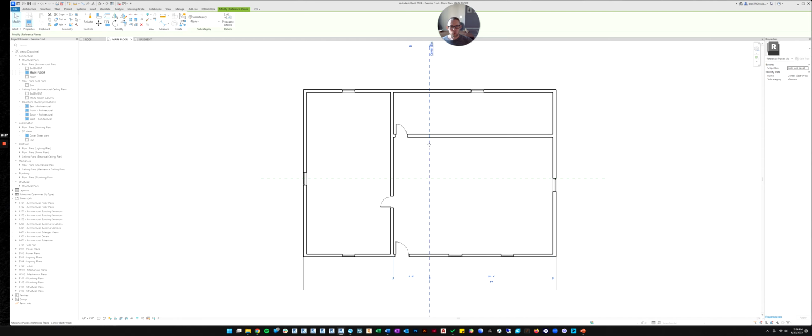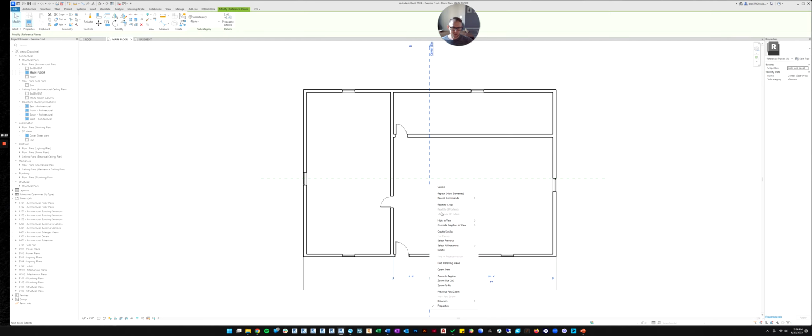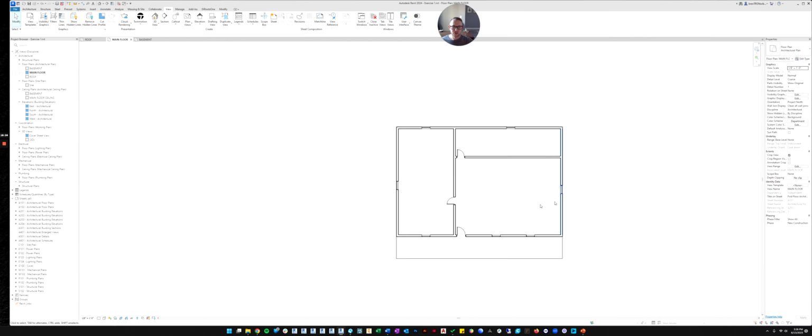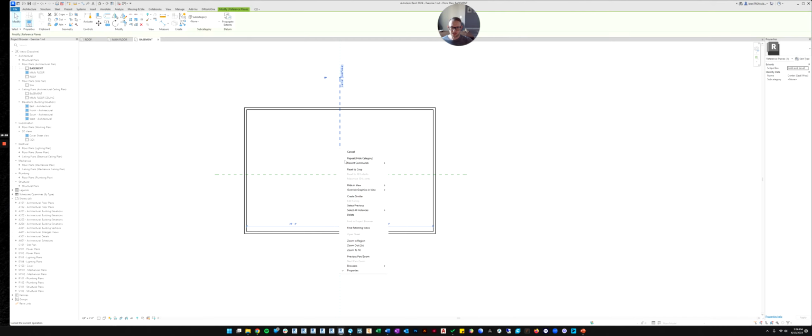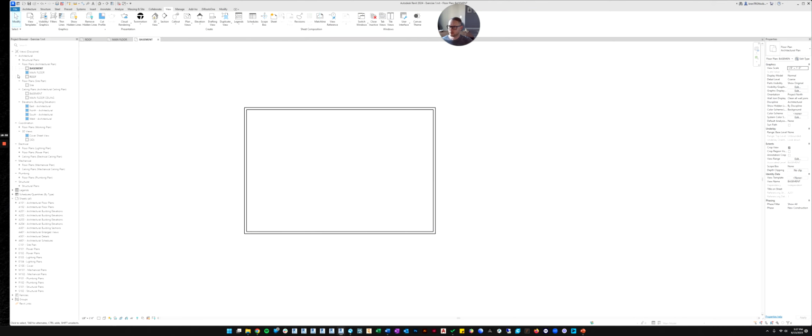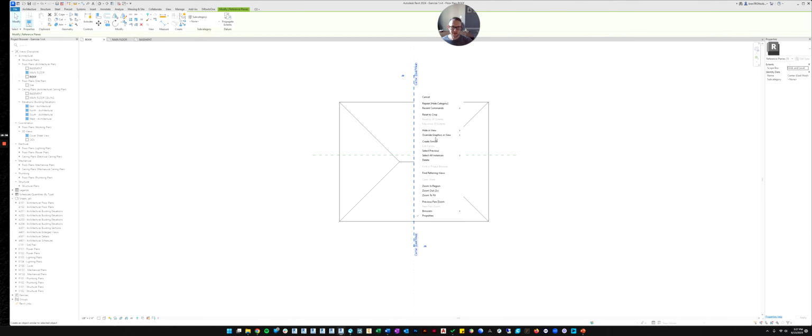If I just want to hide one of these, I can right click, hide in view, and just do the element. So instead of the whole category, we can just do that one element. So I'm going to undo that. I'm going to right click again. I'm going to hide in view, and I'm going to do the whole category. So now it's no longer showing anymore. And let's do that in the basement as well. Hide the category. And then let's see if it's in the roof. Yes, in the roof. Let's hide the category.